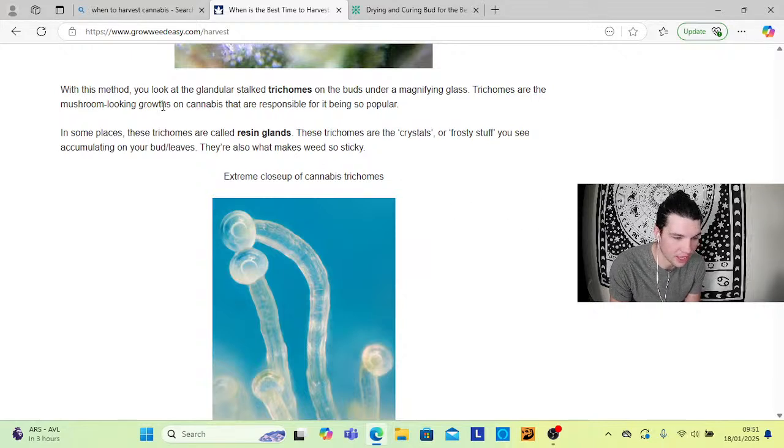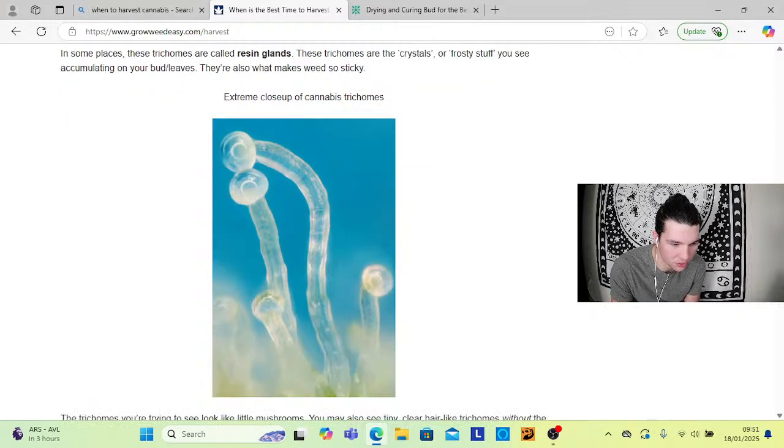With this method, you look at the glandular stalked trichomes on the buds under a magnifying glass, the mushroom-looking growths on a cannabis plant responsible for it being so popular. In some places, these trichomes are called resin glands. These trichomes are the crystals or frosty stuff you see accumulating on your buds or leaves. They're also what makes weed so sticky, because that resin is extremely sticky. And when you touch it,